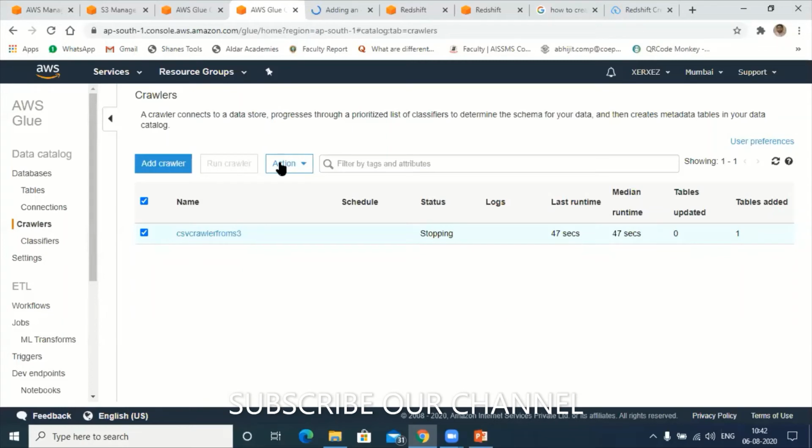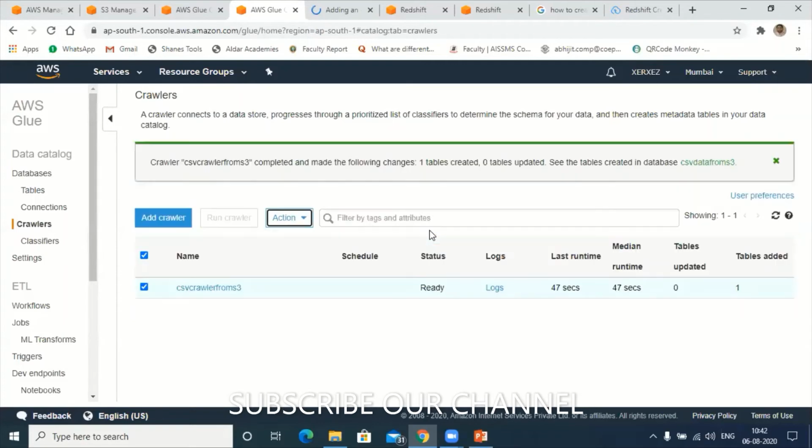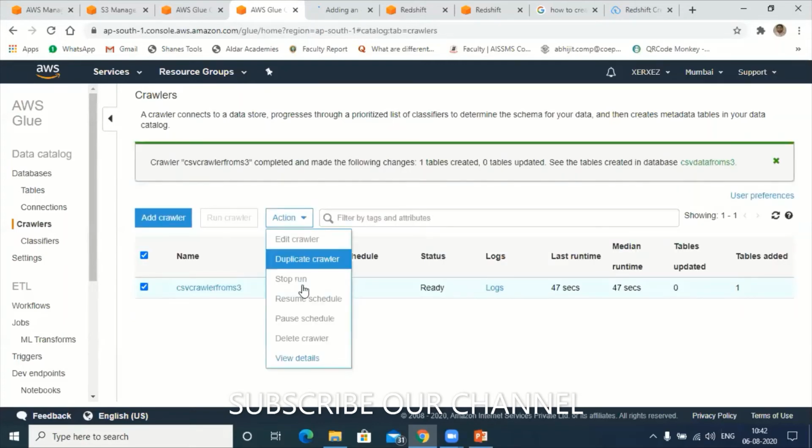Wait. Hold on, this takes time. A little time. Yeah, the log is ready. Okay, edit crawler, stop run. The crawler is ready now.